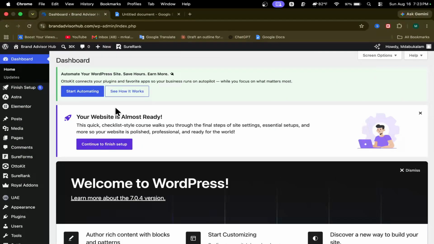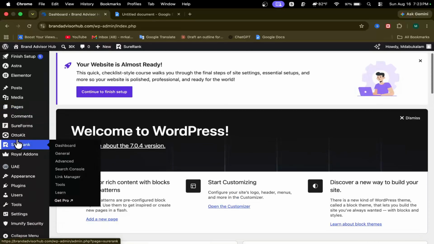Alright, so in this video, I'm going to show you how to set up Favicon on WordPress website. You can see I have already opened WP admin panel on WordPress. Now I want to click on this